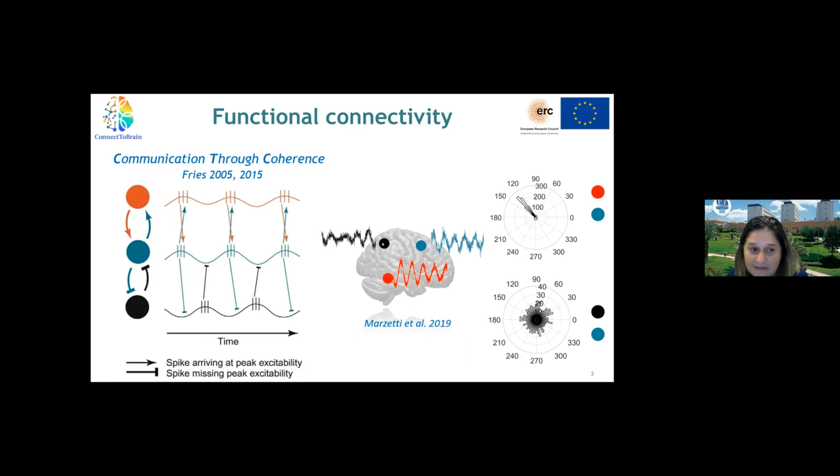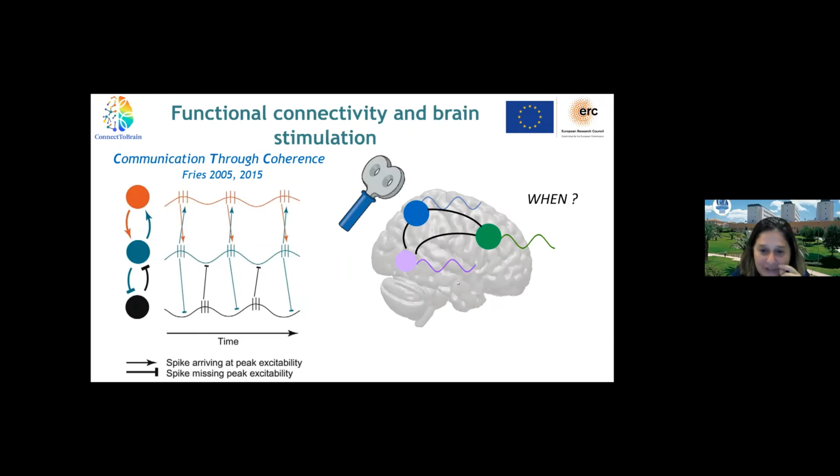If, on the other hand, the blue and the red regions, for instance, are not coupled to one another, that means when we look at the phase difference across time, we will see something scattered around the 360 degrees circle, as in the bottom case. This is really, without going into the mathematical details of the methods that we use, the common foreground and playground of these metrics.